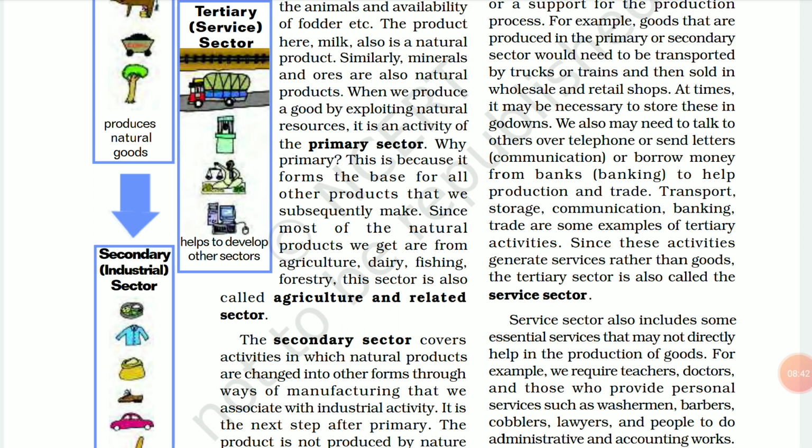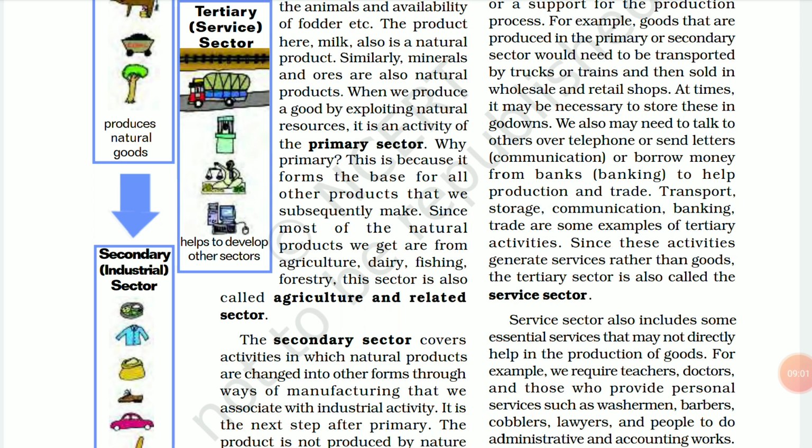Okay, so understood why the tertiary sector is called the service sector? Because here no production takes place. It's not that things are being produced. No production takes place, but what is being done here is that services are being provided. ठीक है, यहाँ पे कोई प्रोडक्शन नहीं होती, ऐसा नहीं है कि कुछ प्रोड्यूस हो रहा है, बट दे प्रोवाइड